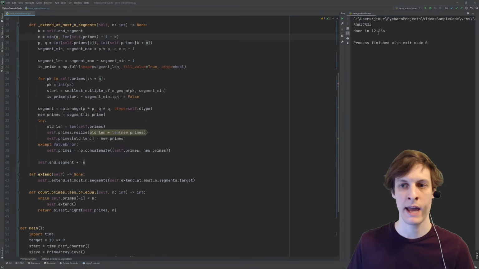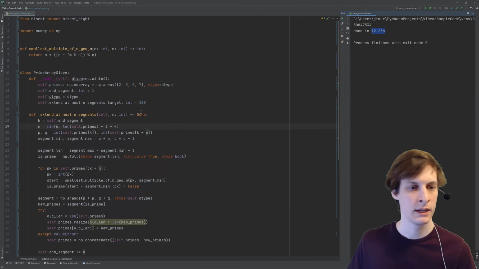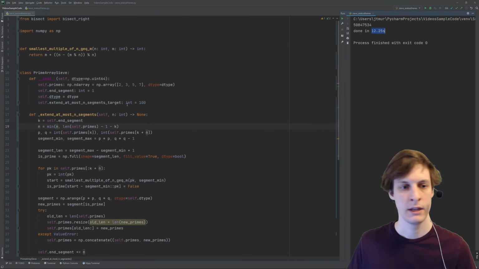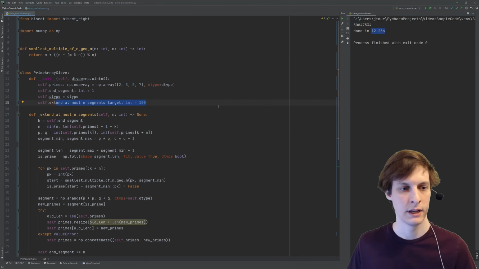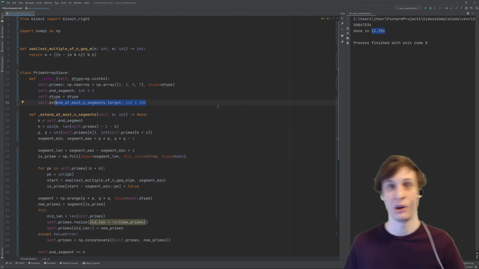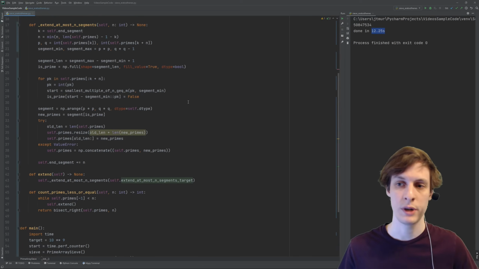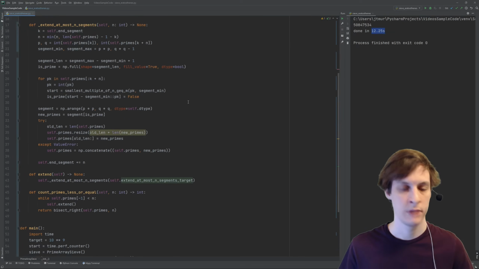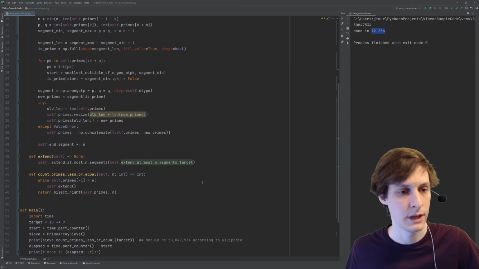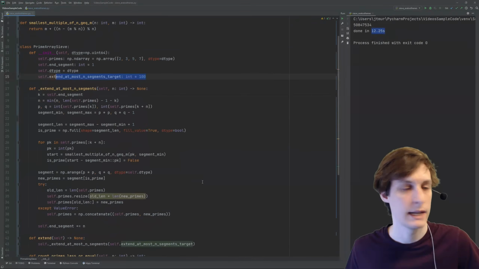As you can see, I went ahead and ran it, and this time it's only 12.25 seconds. So a huge speed increase just by increasing the segment length, effectively by adding this parameter that allows us to do multiple segments at the same time. This allowed us to essentially avoid recopying data over and over again. So 12.25 seconds for 50 million primes. That's plenty fast enough for me. That's a lot faster than I was expecting to get in Python. So I think that is where I'm going to leave it.